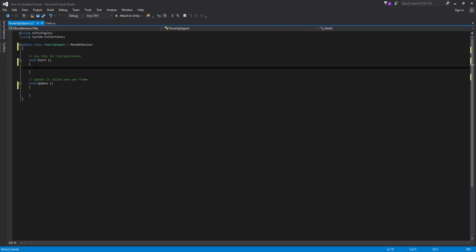Okay, so all we're really going to have in here is we're going to be checking what power-ups are present at the start of the game, and then we're going to be pulling them into an array of power-ups, and then we're going to be using that array of power-ups to then spawn them throughout the level. So basically this way we can check which ones are unlocked, like I was saying before,